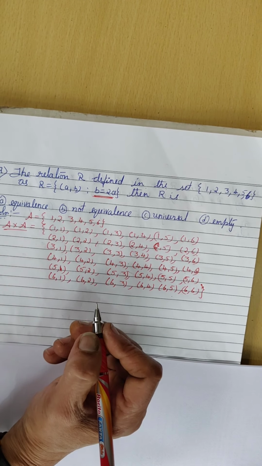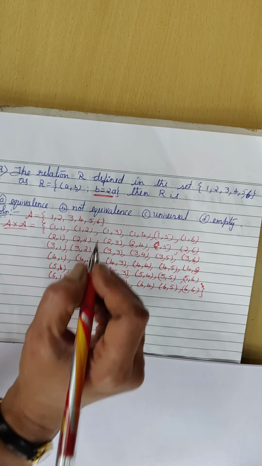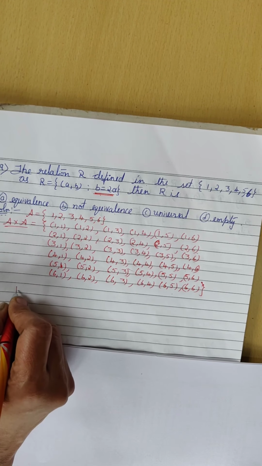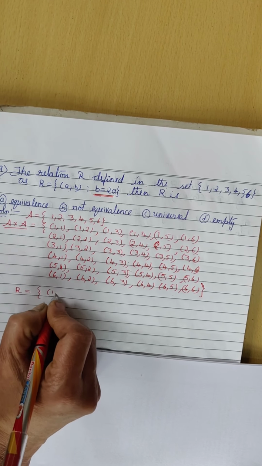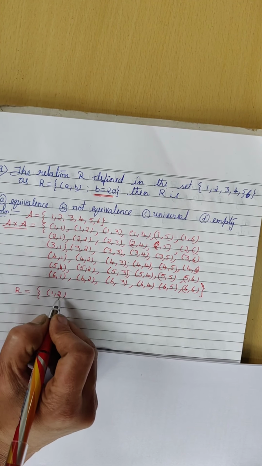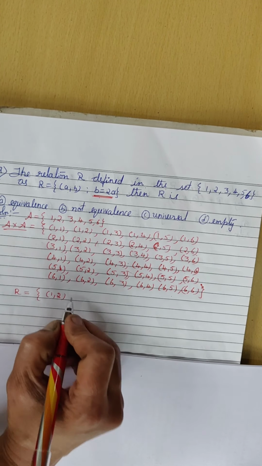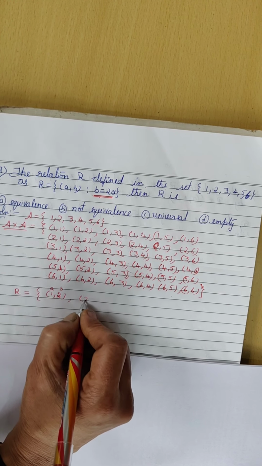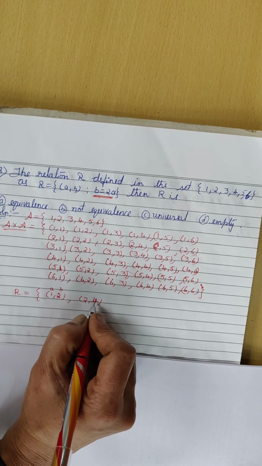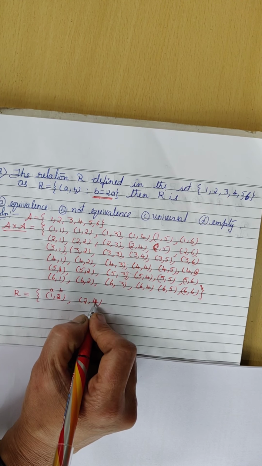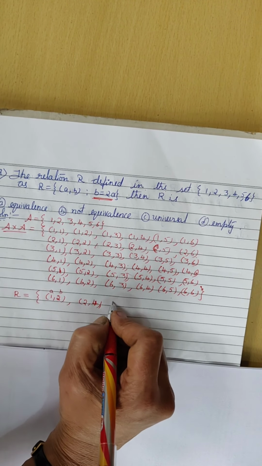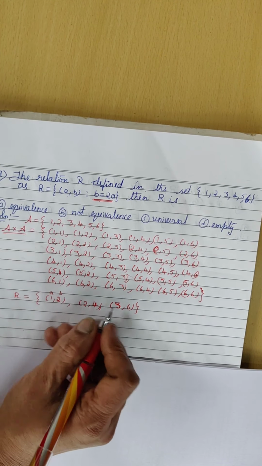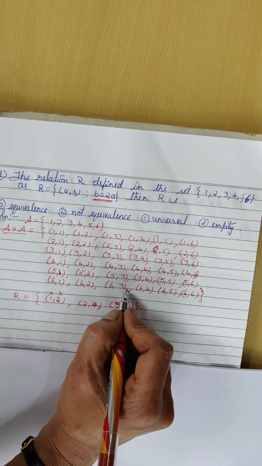And let us take a look at R. Here R, they have given B is equal to 2A. Therefore, R will be equal to (1, 2). Definitely B will be equal to 2A, right? And then if this is A and B, then it is 2A. The other one is (2, 4), so definitely 2 twos are 4. Then the next one is (3, 6). So these are the three ordered pairs we can get from this A cross A.